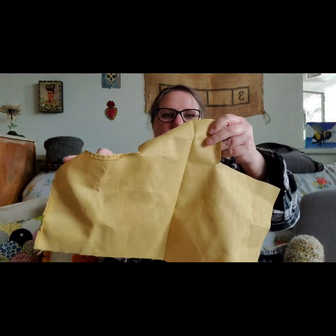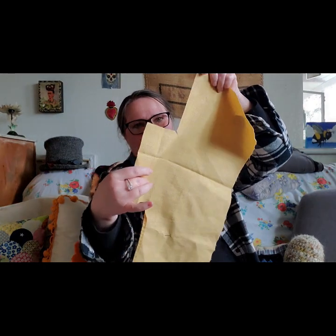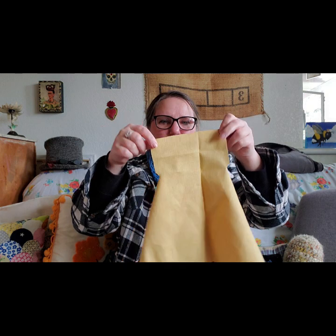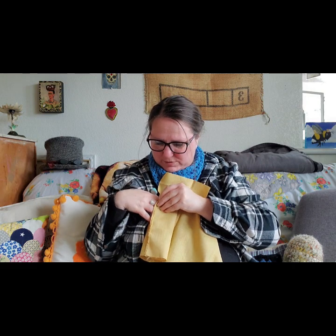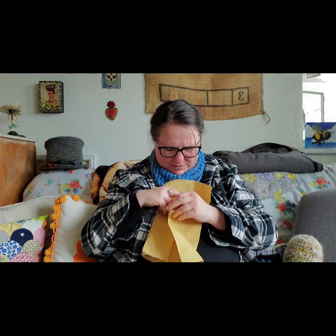So what I did is I cut out this shape. So this is a little flap down here, up here. So basically this is the size of the pouch, and these will be folded in like so, and folded, yes, and folded back out. And this will be folded in to the middle and folded back out, so that these two lines meet right here, and then you sew up those two lines. You sew these two edges, these two folded edges together,